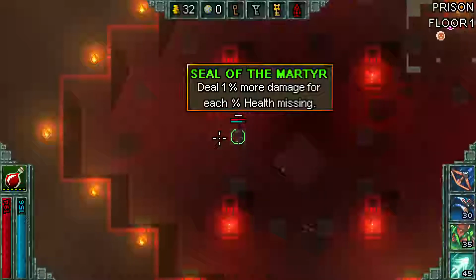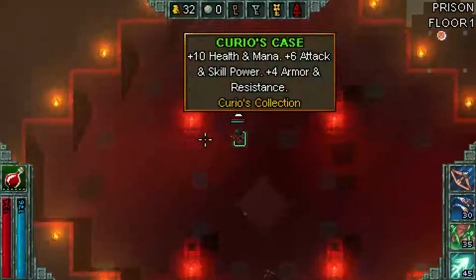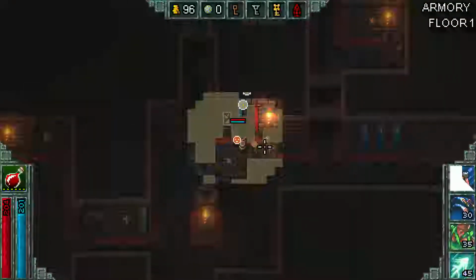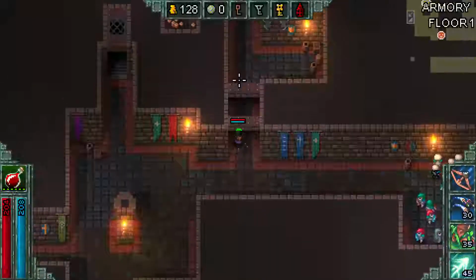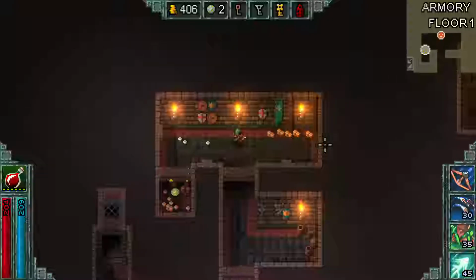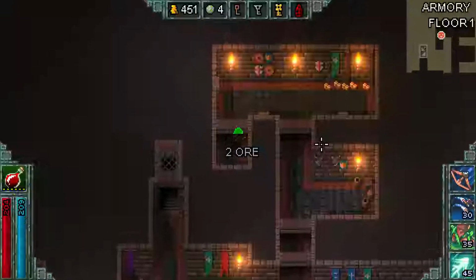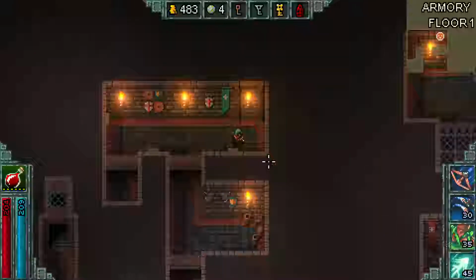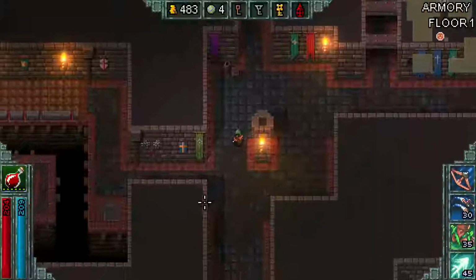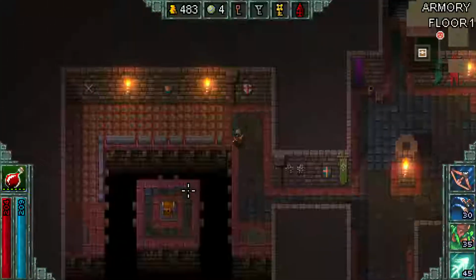I also think we had the King's Armor, which allowed us to take, I guess, 3 troll hits instead of dying. More damage for every health that's missing, and we have that curio. So we have a healthy bunch of health. Healthy health. So, you know, extra health at this point is probably still good, but we're still looking to drive home the